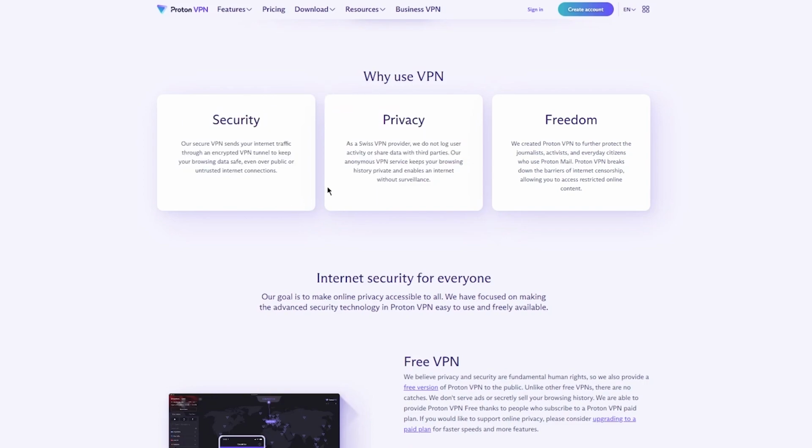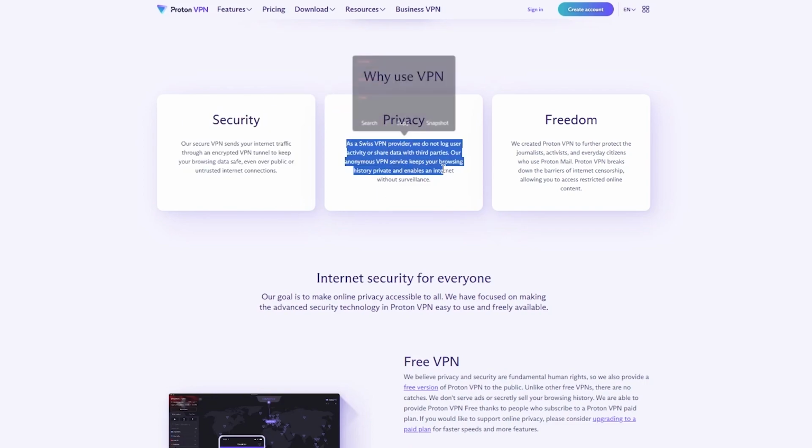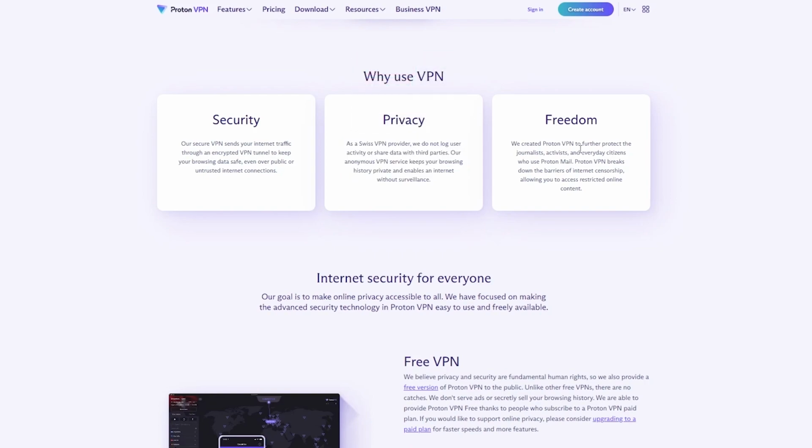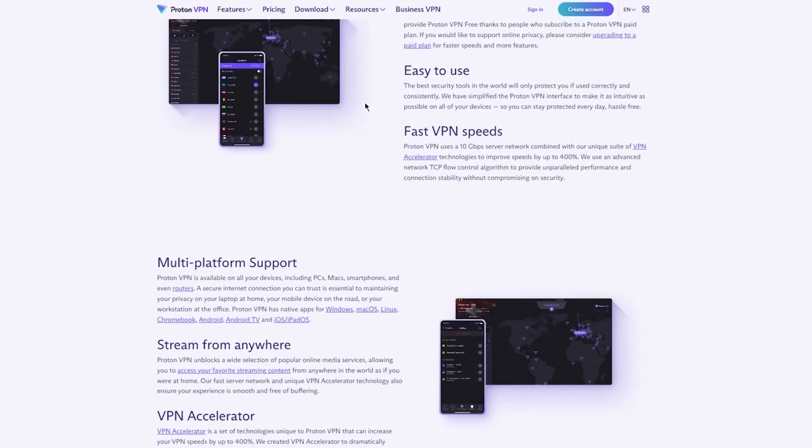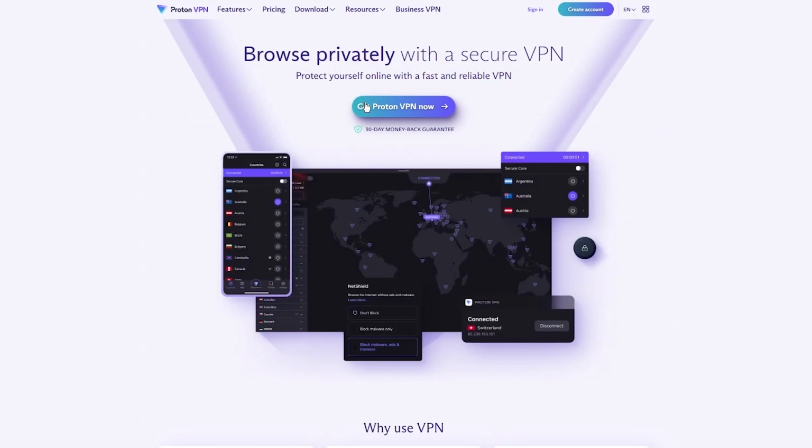Its security is top notch, gives you the best amount of privacy. As a Swiss VPN provider, they do not log user activity, and you have full freedom to do anything. It's the greatest free VPN I would suggest. It's easy to use, and the VPN speeds are really fast. That's the best part about this, is that you do not get any latency lag. It's available for Android, iOS, Windows, Linux, and whatever other things you want. And Proton can be connected to any of the providers and servers you have in the world. It's absolutely incredible. And again, I would definitely urge users out there to use a platform like this for themselves.